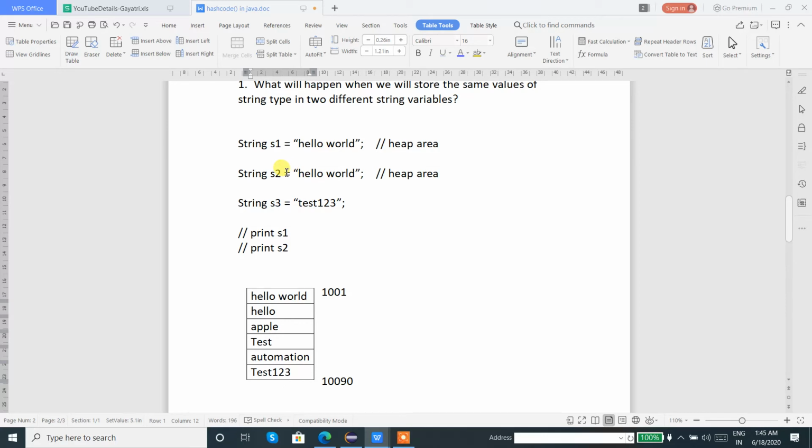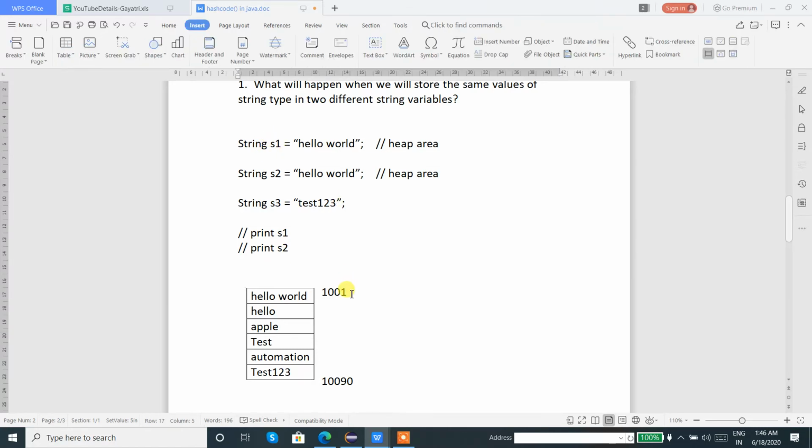Now s2 again is hello world. Again it will check if hello world is present. So hello world is already stored for s1 and it has a memory address. So what will happen? It will not create another space for storing hello world. The value will be assigned to the second variable, so s2 will point to the same address location where s1 has been stored.